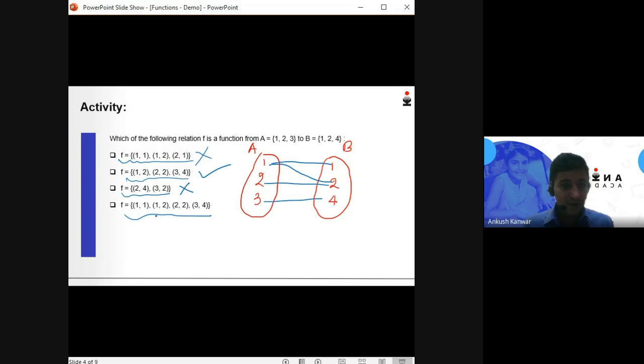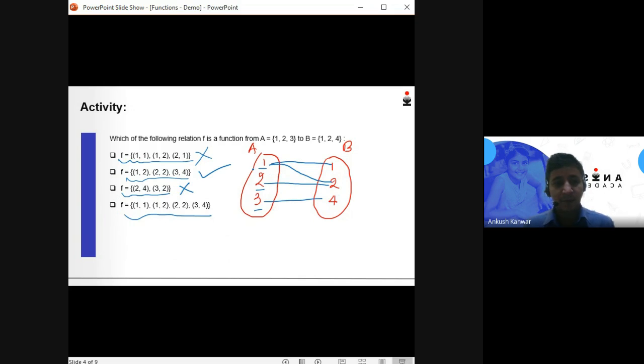Now let's check whether the relation F represented by the fourth option is a function or not. First we need to check that all the elements of set A have an image in set B. As we can see, all the elements of set A have an image in set B. Now we just need to make sure that the images of all the elements of set A are unique.